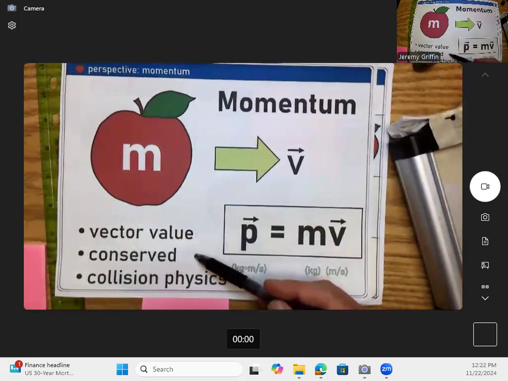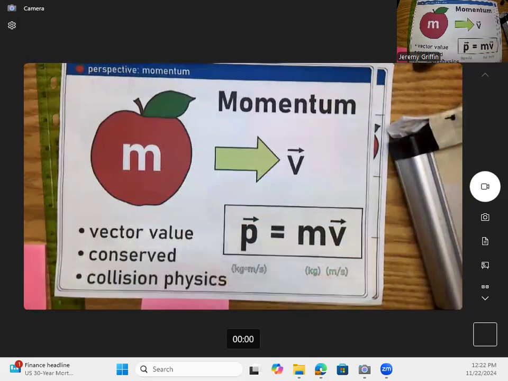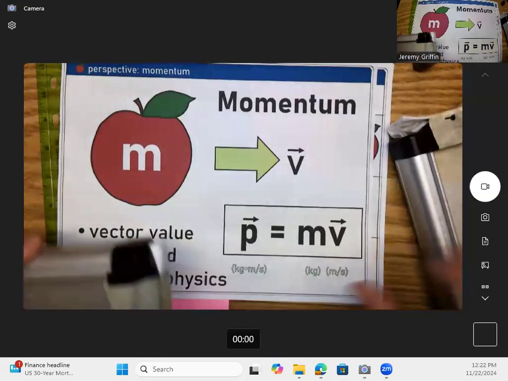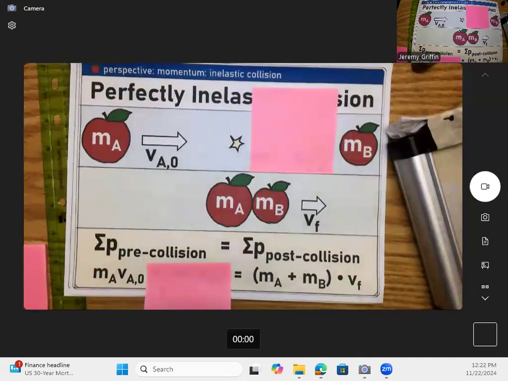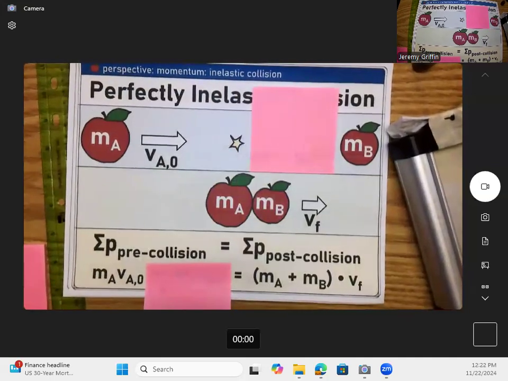And it's conserved, kind of like energy was conserved. So you can set up a conservation equation. Conservation equation for what scenario? Collisions. Whenever you see a collision, you probably want to use this particular method. All right, so you guys are going to see a lot of collisions in the next few weeks. Now your lab today, we're going to focus on a special kind of collision called perfectly